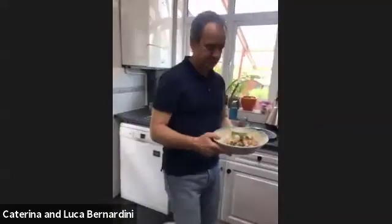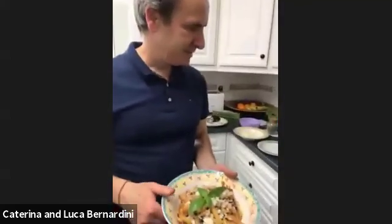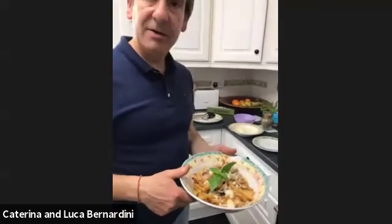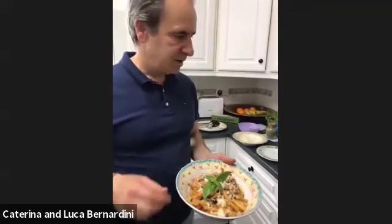From Anna: can I reheat it for dinner by baking, or is it better to reheat in the pan, please, Luca? If you're eating it later for dinner, the best thing to do is just add a little bit of salted water to the pan and reheat it rather than bake it, because baking will make